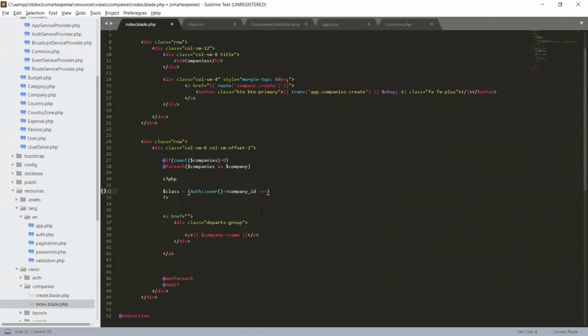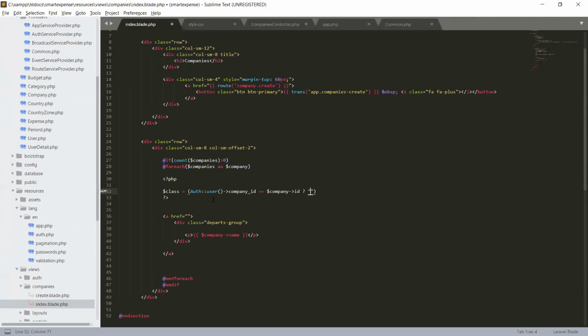If this company ID is equal to the company ID that we are accessing from our company's table, so if the company ID in the user table of our database matches, if it is true, we use a ternary operator, and we will give a string.